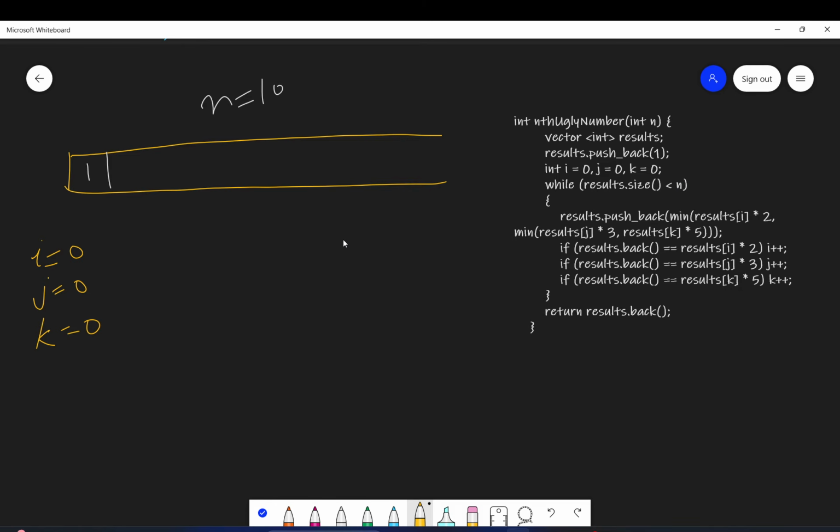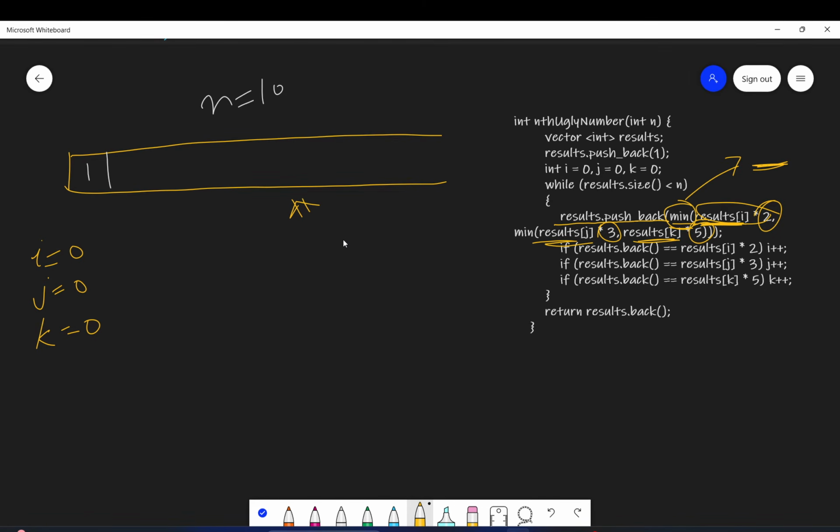We will be pushing into this array the minimum which we get from multiplying the current ith, jth, and kth values with 2, 3, and 5. This minimum value will give us the next ugly number.